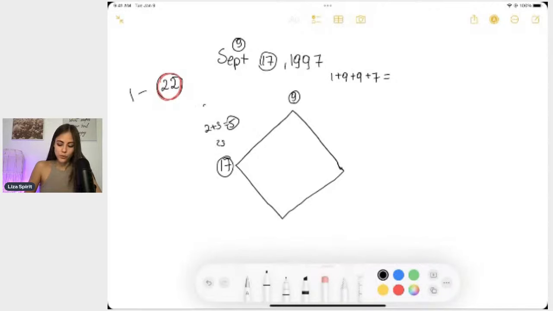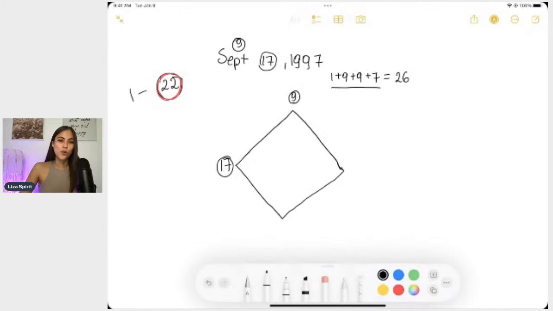Let's say you were born on the 28th. You will have 2 plus 8. We have 10. We're not going to do 1 plus 0 to get 1, because we have energy number 10, right? It's within 22, so we keep it as 10. So this is very important to remember: we only have 22 energies, no more. So if your number is over 22, like my year, which we're calculating here, it's going to be 26.